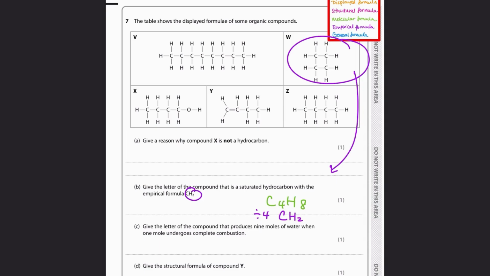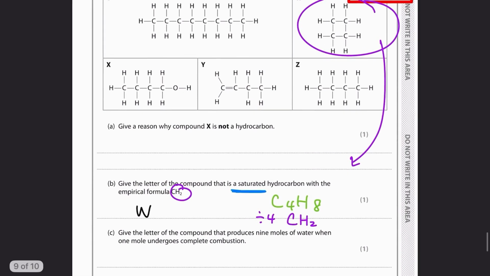So it is a CH2 empirical formula, but it's also saturated, meaning that I'm only seeing single bonds. You see that? So therefore the answer for this one is W. But the next question is what I really want to talk to you guys about, which is a very good question. Now, let's see. It says, give the letter of the compound that produces 9 moles of water when 1